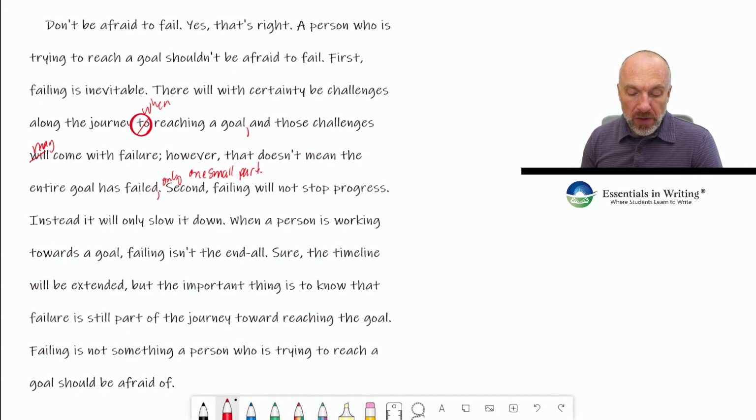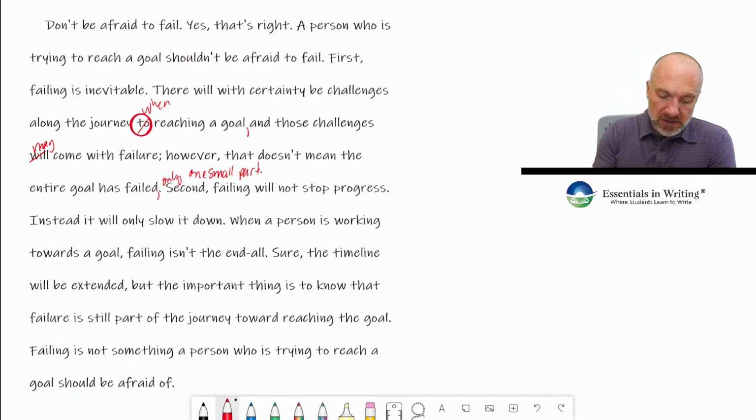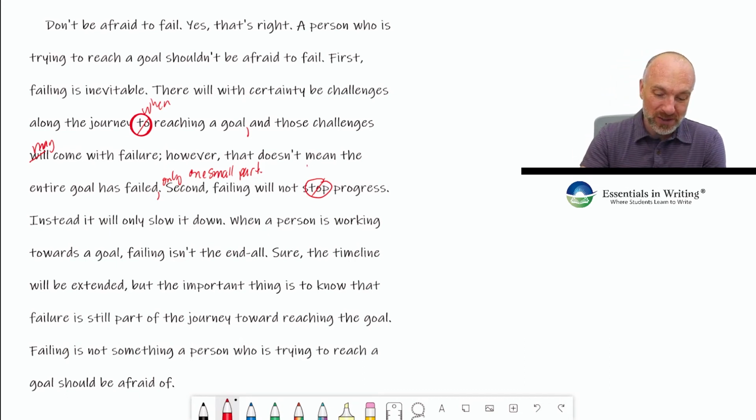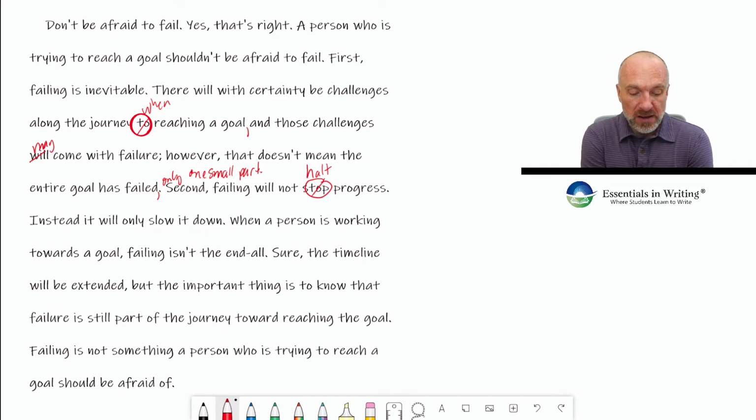Second, failing will not stop progress. Now let's look at this word stop. That's probably an overused word, so what word could I use in place of stop? Quit. No. Second, failing will not quit progress, will not halt progress. Oh, that's a good word. And that's a very academic word, so we can do that. Second, failing will not halt progress. Instead, it will only slow it down. Slow it down? That sounds like a first grader writing that, yeah? Instead, it will only